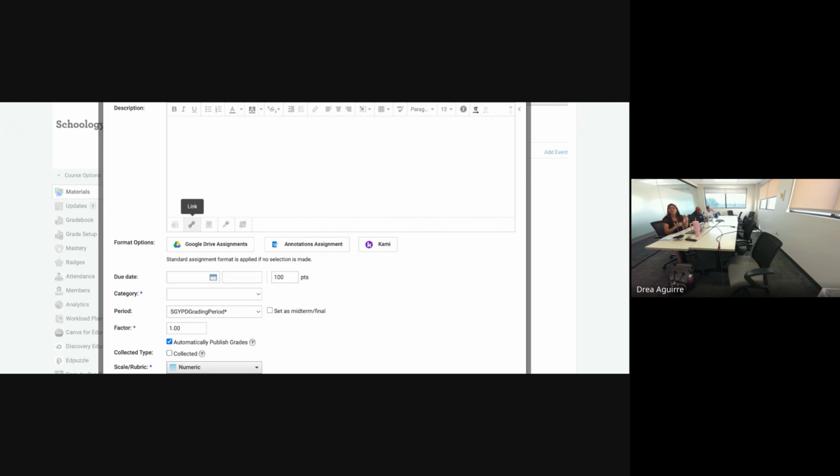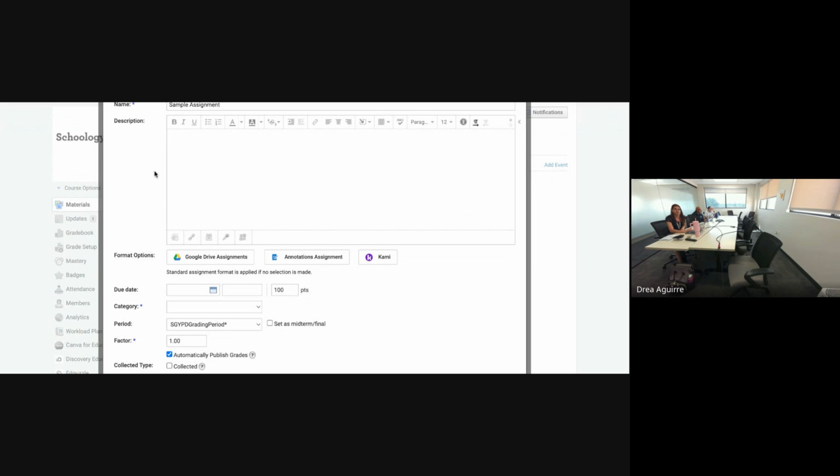Again, those are just reference materials, anything that you want as view only, or stagnant. You can use this link button or you can upload it as a file to the assignment within the description. Now, if I want every student to have their own copy and all of the sharing permissions adjusted, just like I would in Google Classroom,